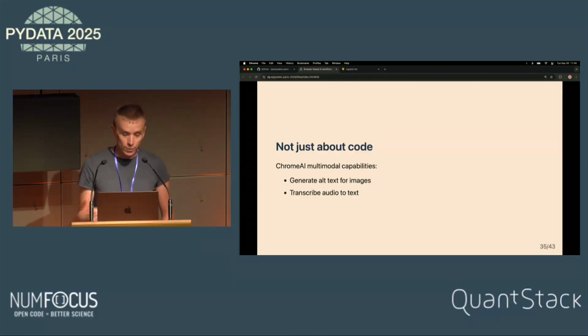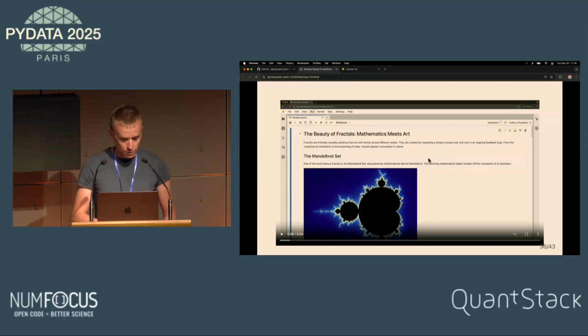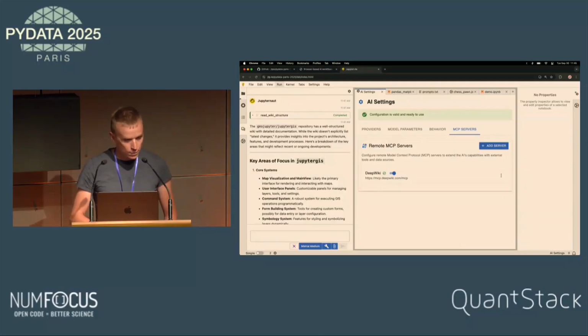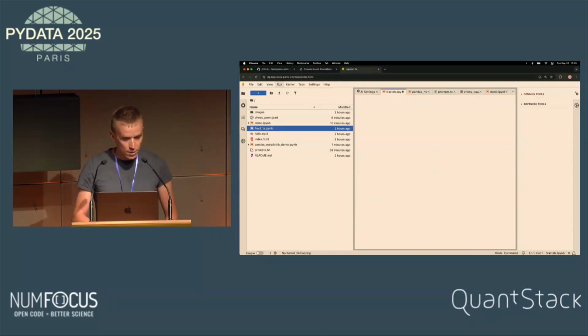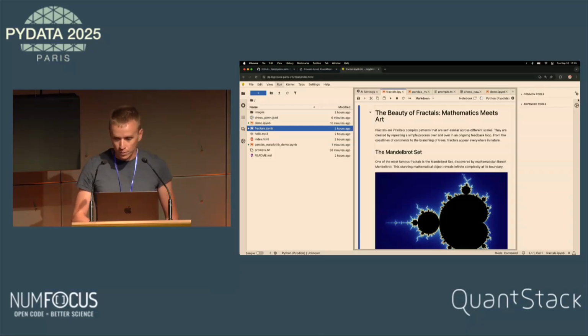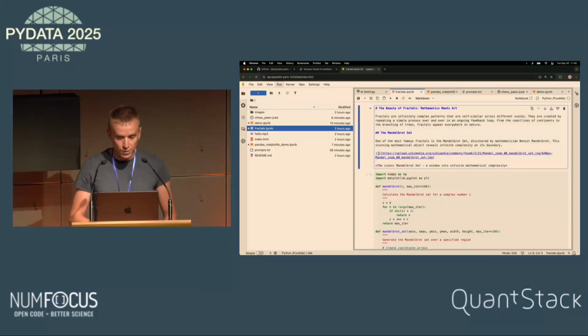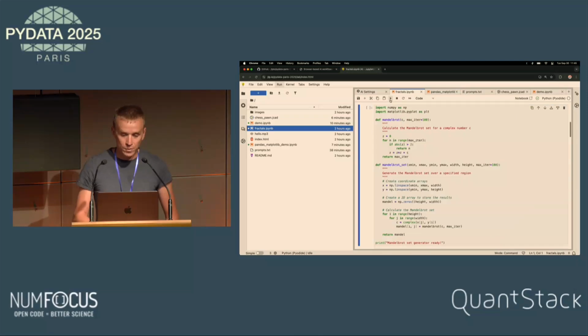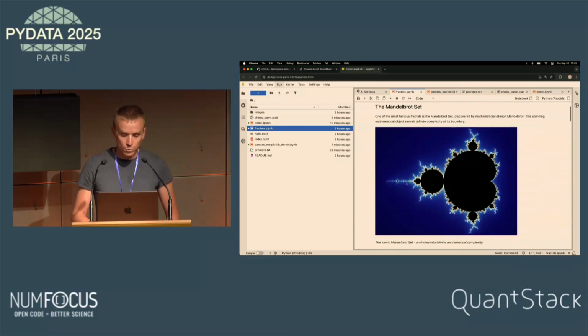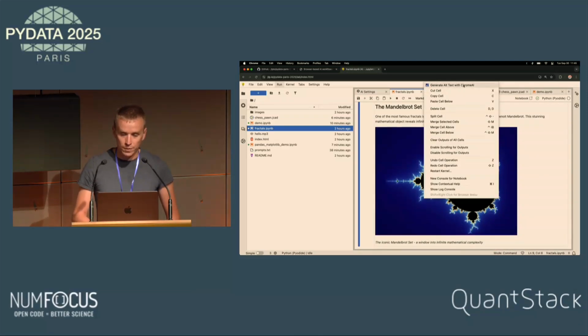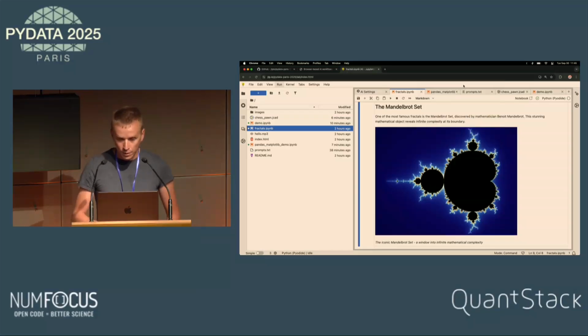What I wanted to show is that sure, it works with code, but it's also interesting that you can use it for other things. Let's say I have the notebook about fractals, and in my notebook I have this image, but it doesn't have any alt text whatsoever, which is not good for accessibility. So here, if I right click, I have this Generate alt text with Chrome AI. I can do that.